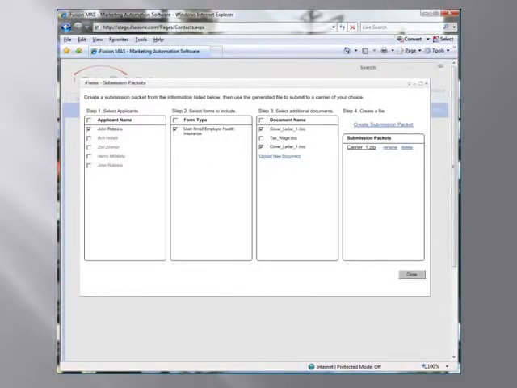Once all applicants have completed their online application forms, you'll want to create a submission packet. This feature allows you to include not only the application forms themselves, but additional documents required by